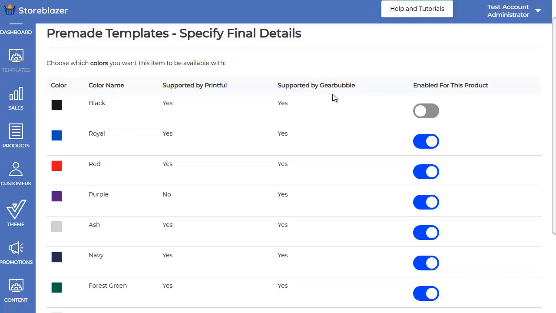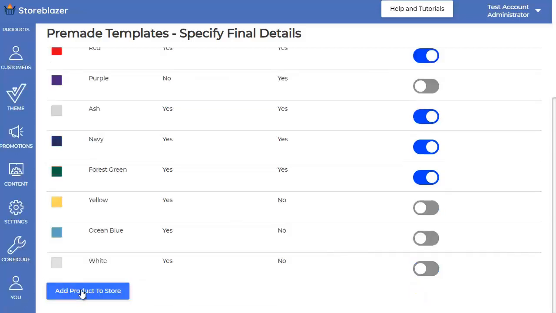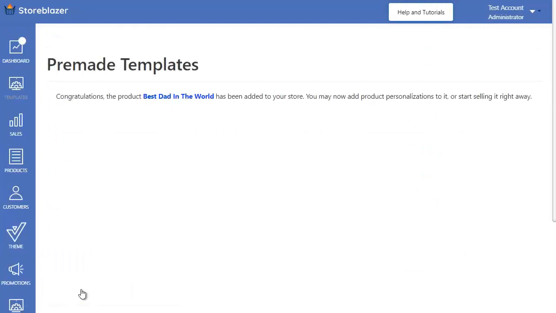And it's as simple as just logging into your dashboard in the morning. You can see the orders that have piled up, and it's a one-click approval. So there we are. Add the product to the store. So now the product is instantly added into the store,